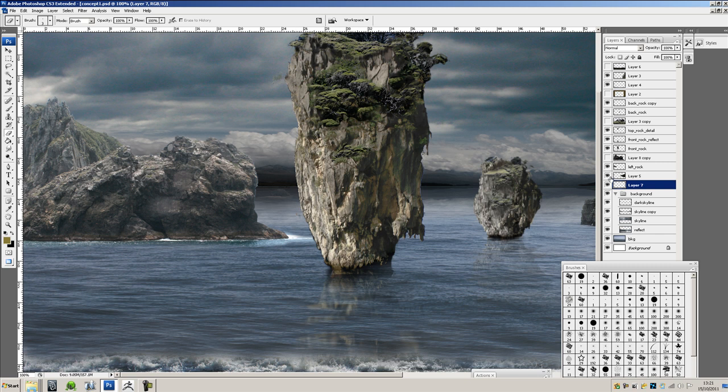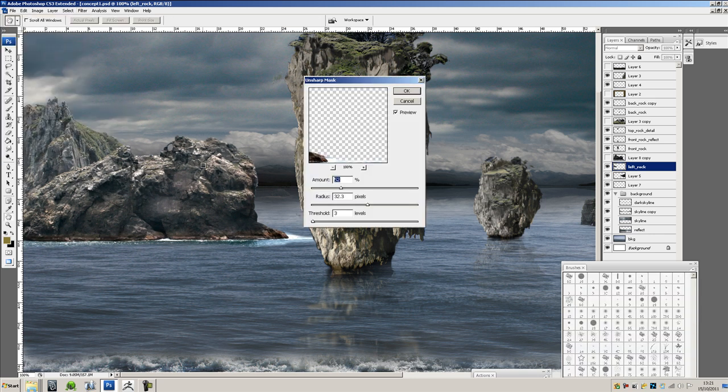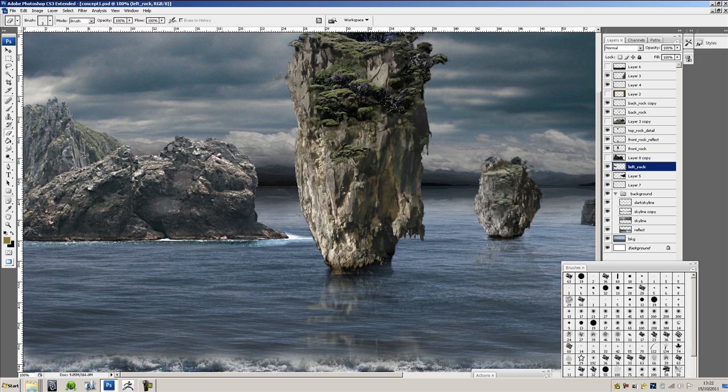And this rock here, the more I'm looking at it, I'm thinking it should be a bit sharper, so I'm going to go into filter and use a sharpen. I'm going to use the unsharp mask. I don't want it massively sharper, but so I think I'm going to have some features in here. I have some of this green, and